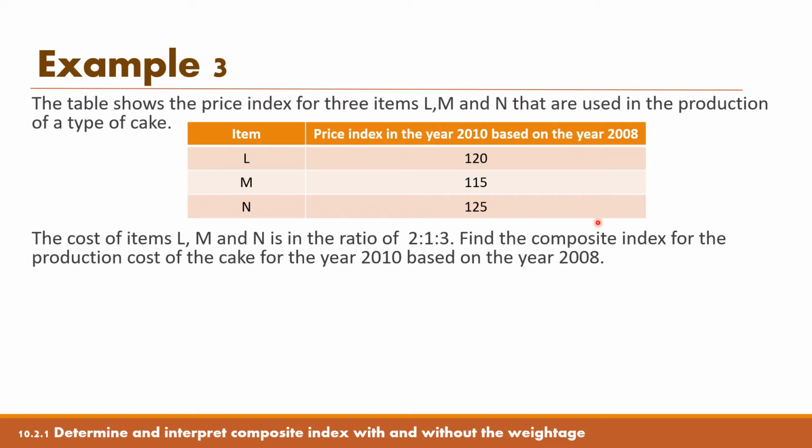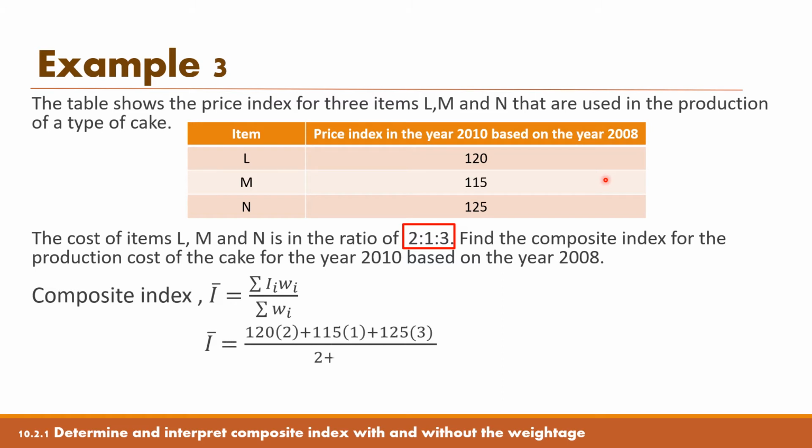In the table, therefore, we can just use the formula for our composite index, which is the summation of the product of index number multiplied with the weightage. And we can see that the weightage will be in the form of ratio, where the weightage of L is equivalent to 2, the weightage for M is equivalent to 1, and the weightage for N will be equivalent to 3. So by substituting the value of the price index and the weightage into the formula, I will have